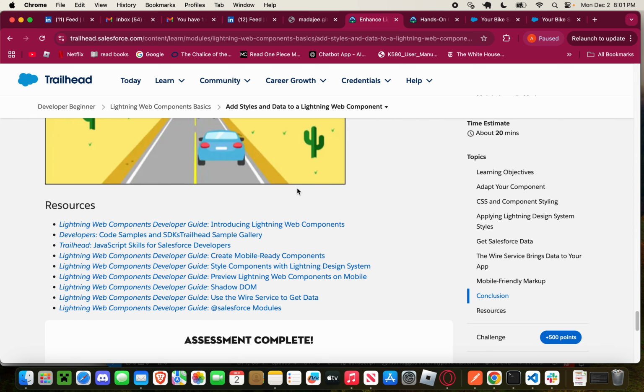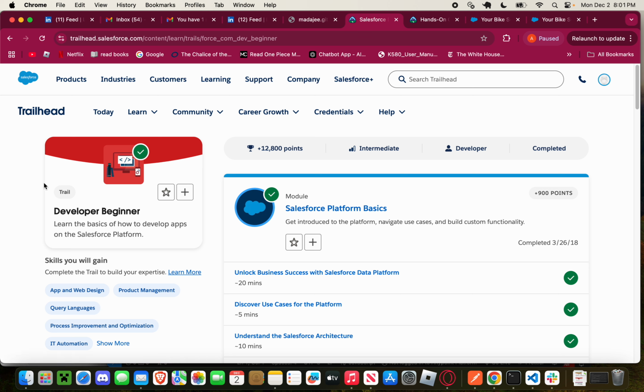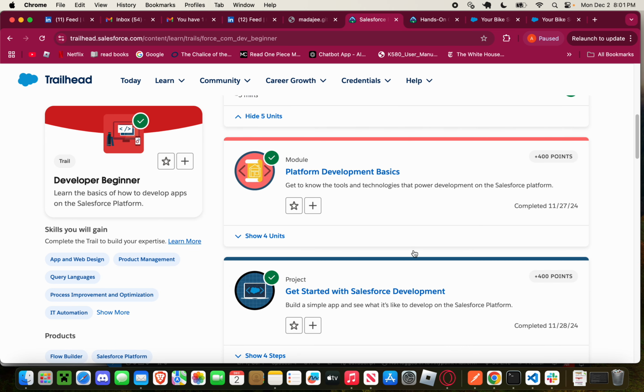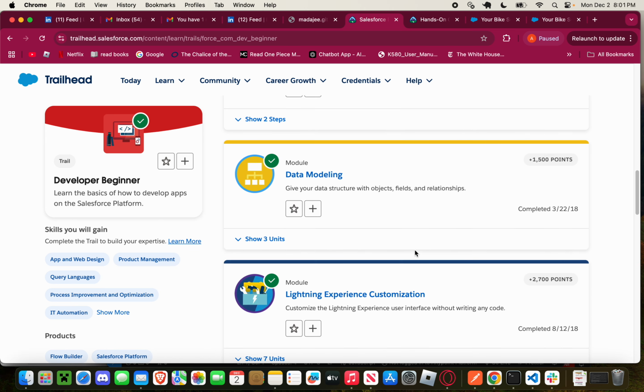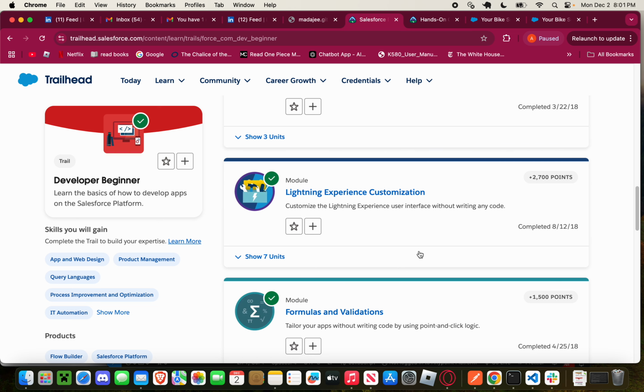So that's about Lightning Web Components basics. So we have covered the developer beginner trail, and then from here onwards we pick up on detailed trails on flows and Lightning Web Components, Apex, formulas and validations,